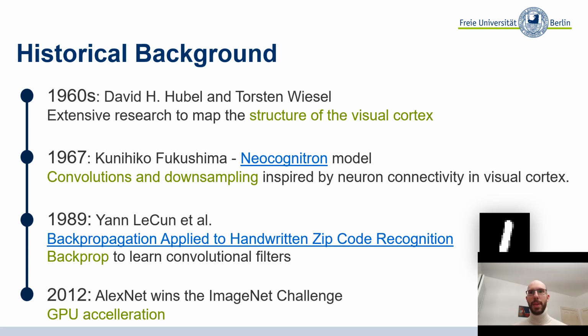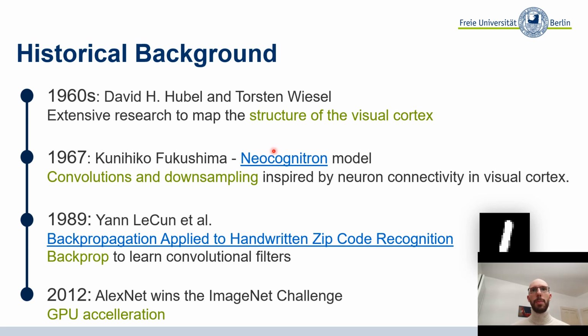Now this may seem a bit far off topic-wise, but just as with the artificial neurons and the biological neurons, there's also a correspondence between convolutions and structures in the visual cortex. And of course, this should not be taken as a one-to-one correspondence, but it's interesting that at least these structures in the visual cortex discovered by Hubel and Wiesel have served as a direct inspiration for basically how convolutional architectures work